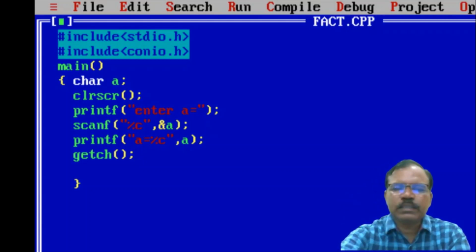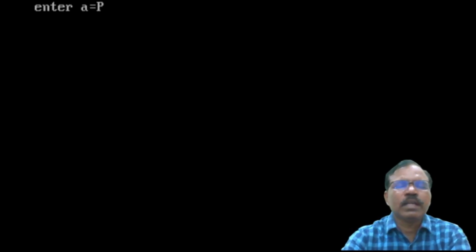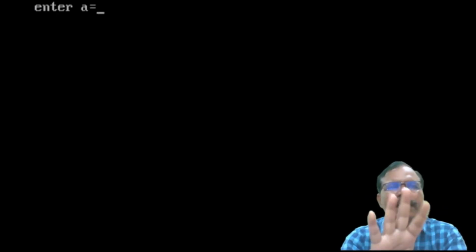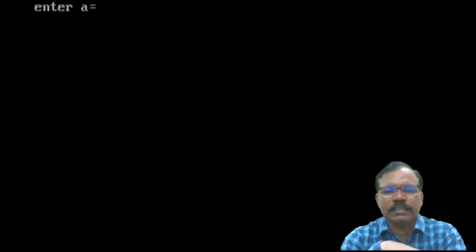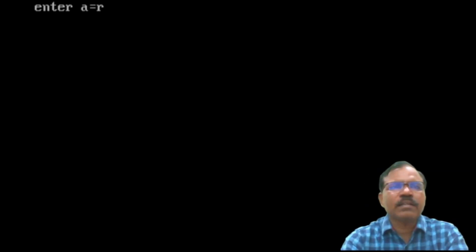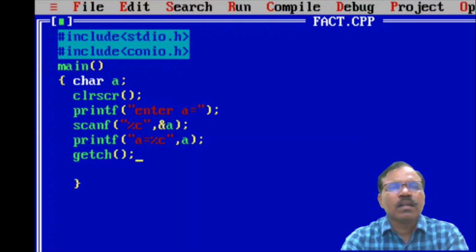Now if we run this program, you will get a equal to that, the enter a equal to string is printed as it is. Now I can take any character, and if I press enter button, R will go to character a. So a equal to R is printed, and it is printed due to this %c.